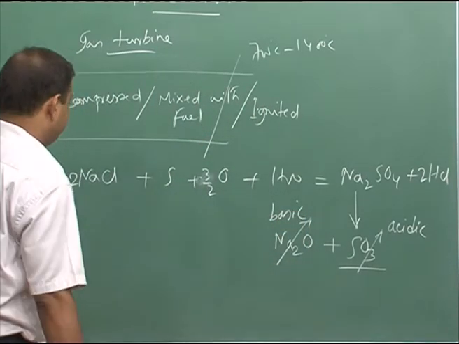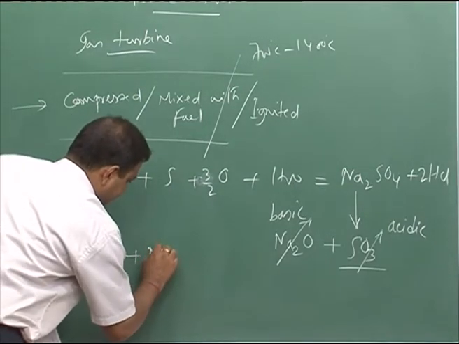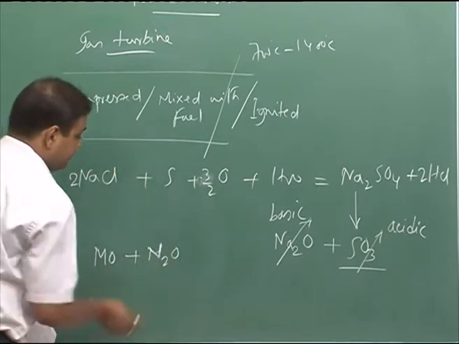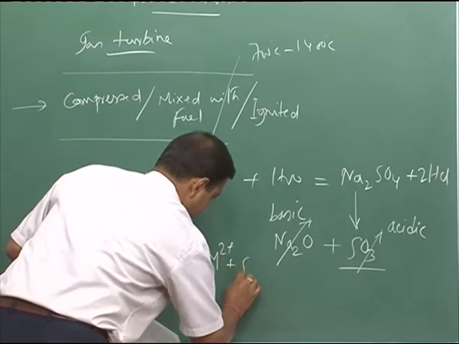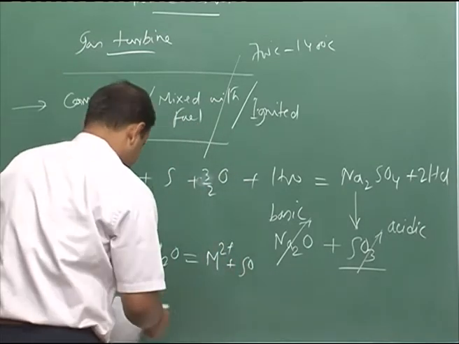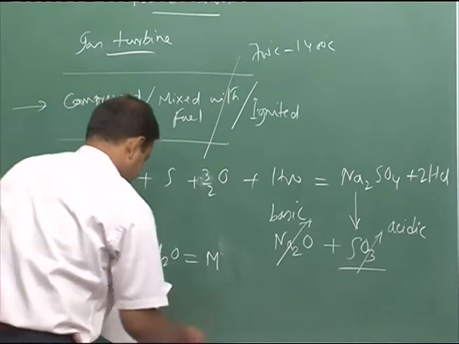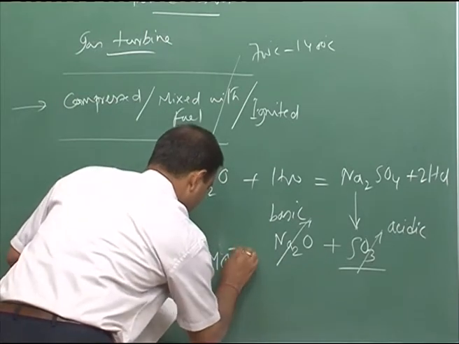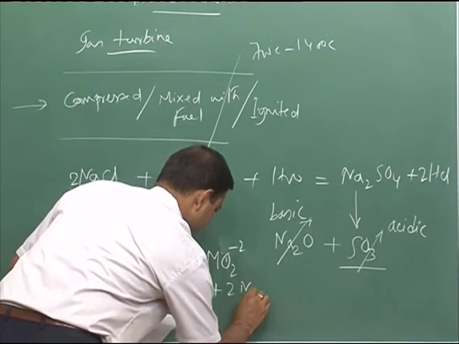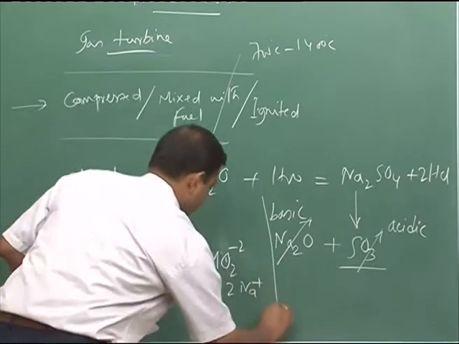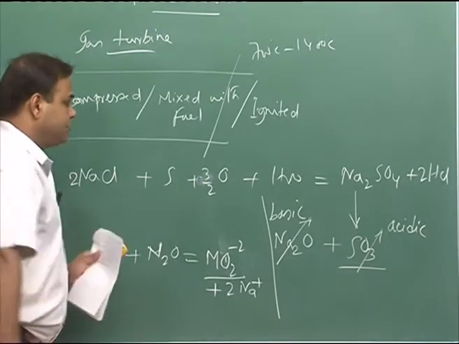Now, if we have an oxide MO, it can react with the basic part Na2O and form MO2 2- plus 2 Na+. So we see that the oxide layer is becoming non-protective because it is forming ions,